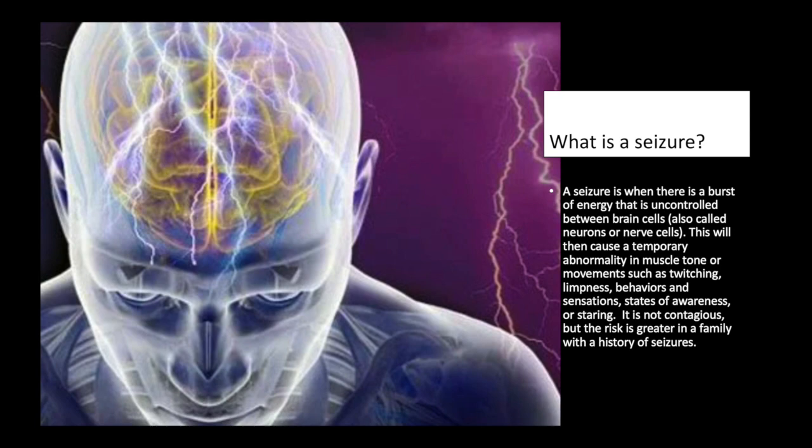Seizures can be caused by head injuries, brain tumors, lead poisoning, maldevelopment of the brain, genetic and infectious illnesses, or fevers. Epilepsy is not contagious. It's not passed down through families, but someone who has a close relative with epilepsy has a slightly higher risk for it than someone with a family that has no history of seizures.